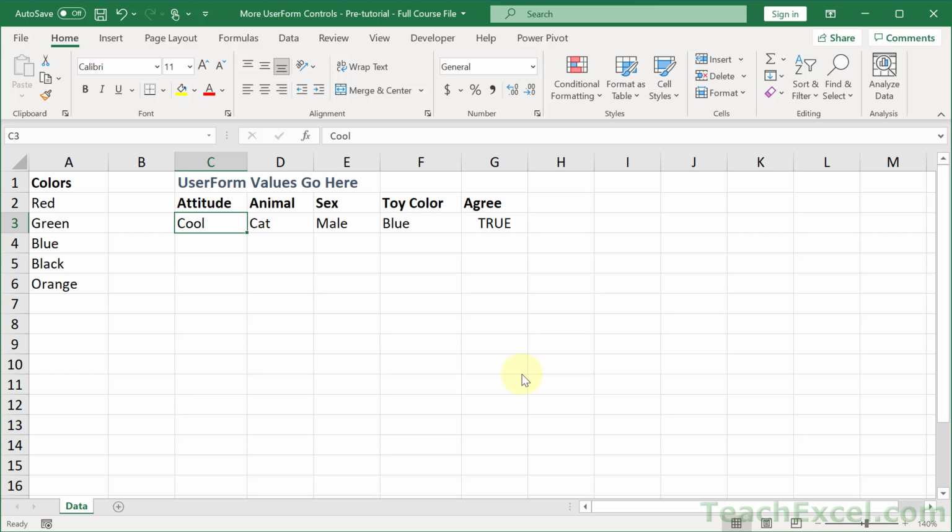Now this is from my full VBA course. I'm going to put a link to it in the description of this video, and this full form is in that course as well as the downloadable file. Here we're going to be making a pared down version of that. So you're still going to learn how to add the controls and get their values and save them, but the validation features and some of the other cool little things are only going to be found in the full VBA course. Now I'm going to close this workbook and we're going to start fresh,